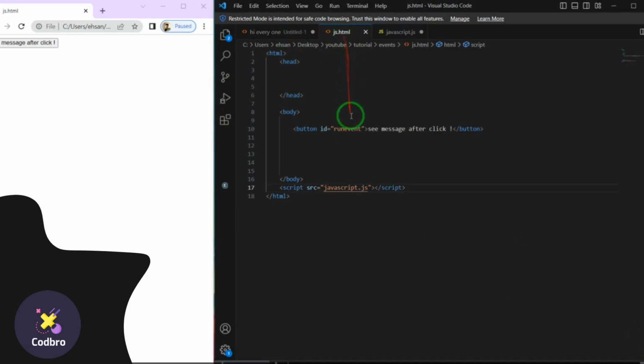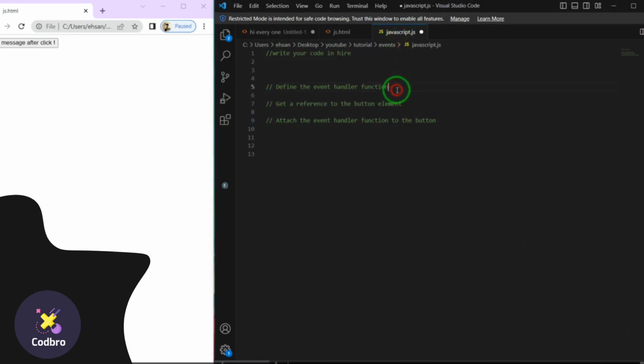So I have created my HTML content and I use a button element. We first get a reference to the button element using querySelector, which I explain in my DOM tutorial